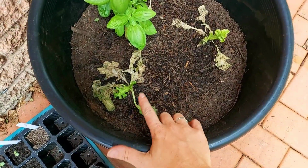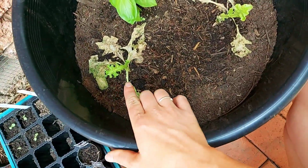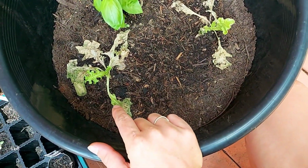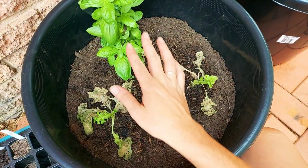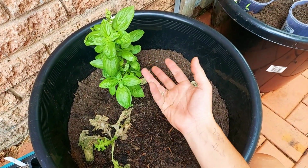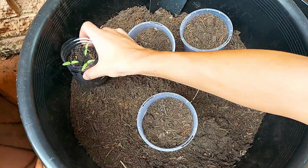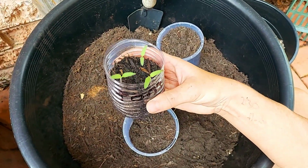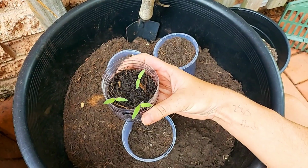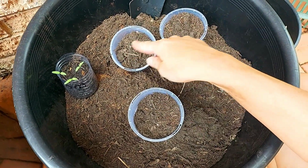These ones are my little lettuce that I put in here. But unfortunately, they got left in the sun on a very hot day. And this is what they look like now. My basil did wilt a little bit, but it's not looking too bad. And these guys are my tomatoes. I need to plant more seeds because I've only got 3. So I think I should do more, but I'm going to separate these ones into